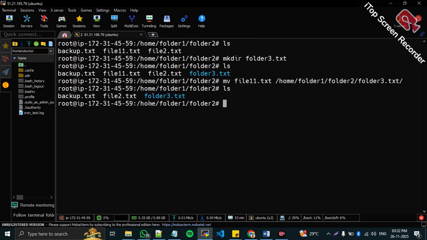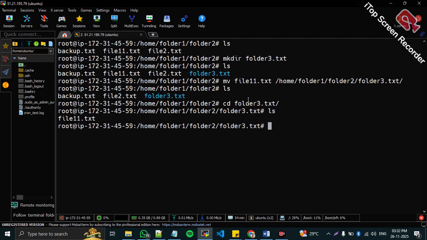See, in your source folder there is no file11 because the file is completely moved. We can check this folder now. So cd folder number 3, I just run ls here, and you can easily see file11.txt has moved from the source folder to the destination folder. As well as